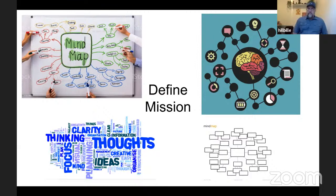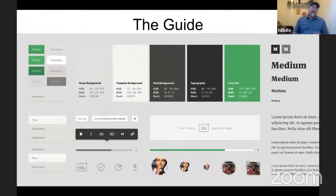So, all right, we've brainstormed it, we've mind mapped it. All right, so let's get to the guide. There's lots of guides out there, lots of different ways to do it. So I found this one. I thought it was super awesome. Here we have, I don't know if you guys can see my little guy there, but anyway, so we have,